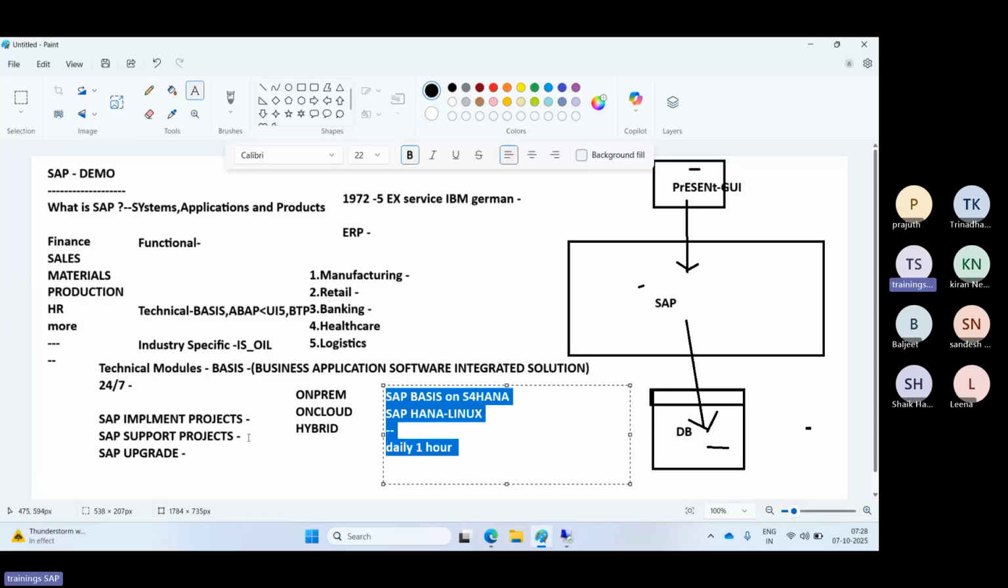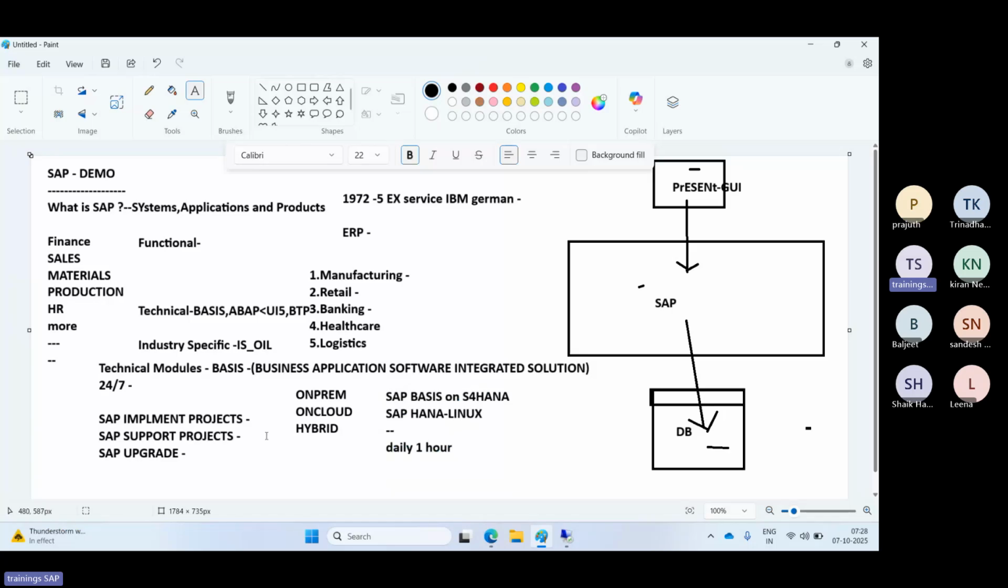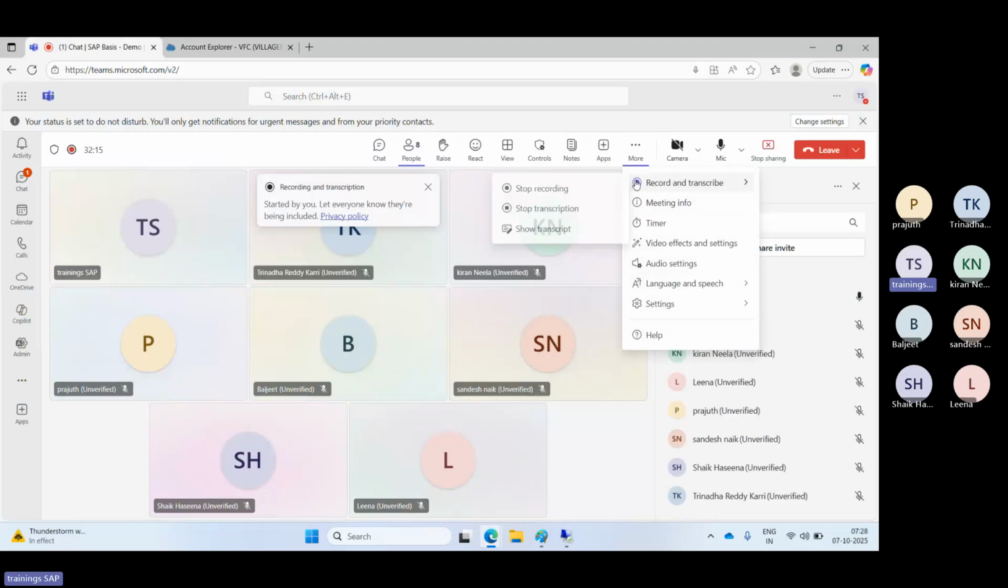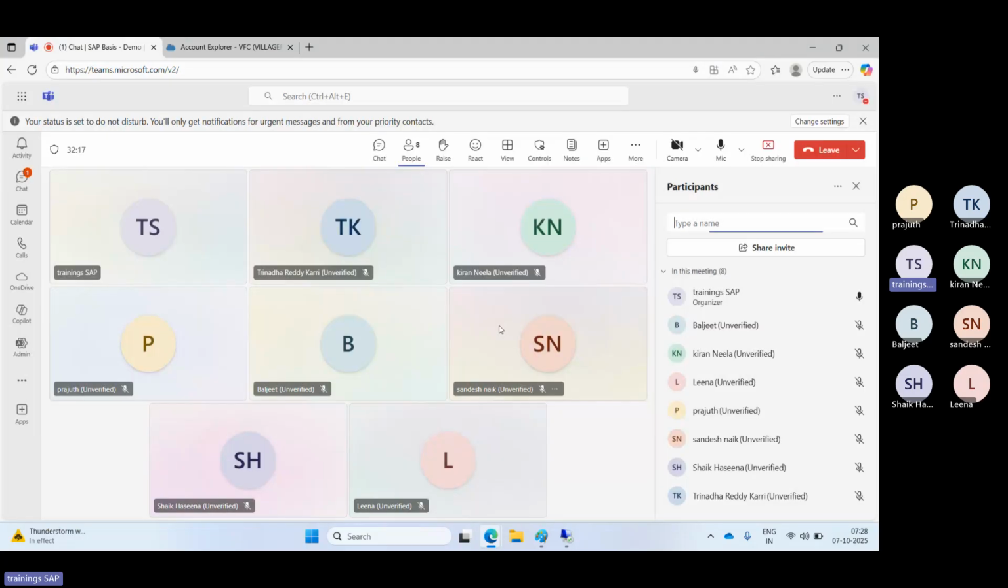Okay, so we will start from this week only, but the timelines we will agree. We have only 7 members who have joined. Not sure about the others. So, but let's